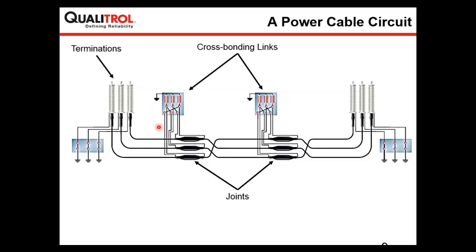To perform partial discharge measurement, we need to access the individual cable earth shield, and we can place sensors around the cable earth or near the termination, and we can detect partial discharges which are traveling along the length of the power cable. But one thing which is very important to note is that this type of circuit which you are seeing on the screen has cross bonding links at both joint locations, and the cable is grounded at both ends. But in a circuit where you have